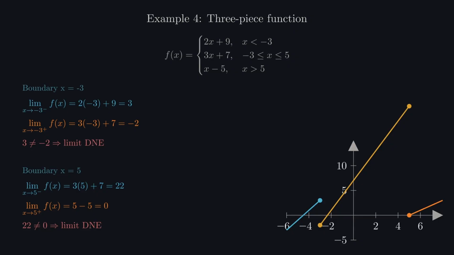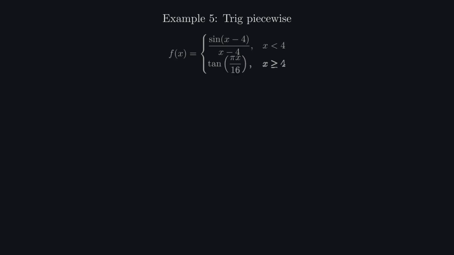In example 5, we have a trigonometric piecewise function with a boundary at x equals 4. Left-hand limit: as x approaches 4 from the left, we have sine of (x minus 4) over (x minus 4). Let u equal x minus 4. As x approaches 4, u approaches 0. This becomes the standard limit of sine u over u as u approaches 0, which by our fundamental trigonometric limit